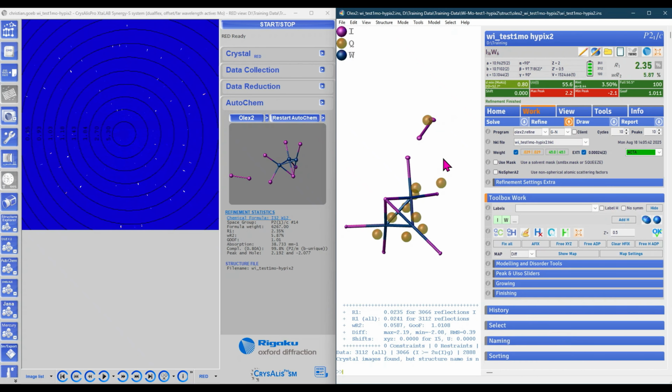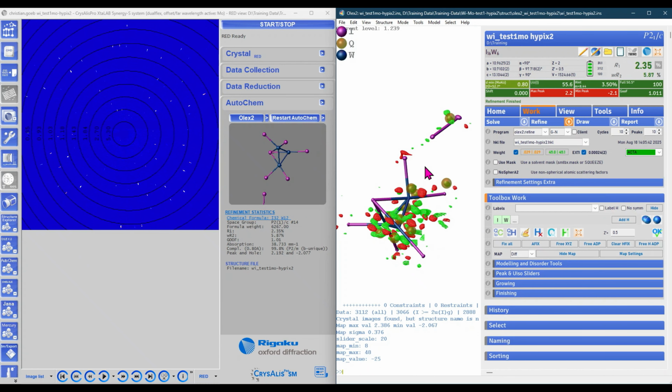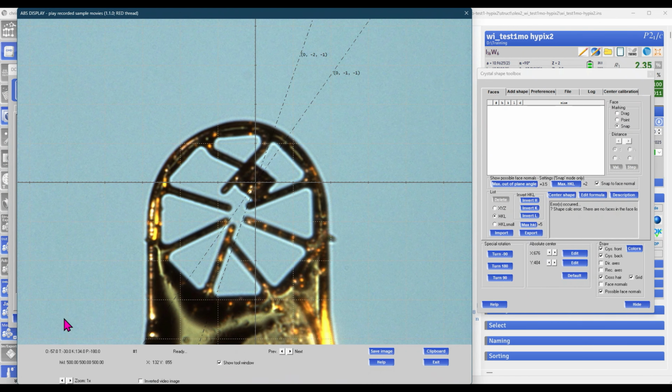We measured a great dataset of this tungsten iodide cluster material on our Crystal Synergy-S with molybdenum radiation and HyPix-6000 HE detector. However, the residual electron density map is a bit high due to absorption effects of the material. We can take care of this by doing numerical absorption correction, and for numerical absorption correction we need to have